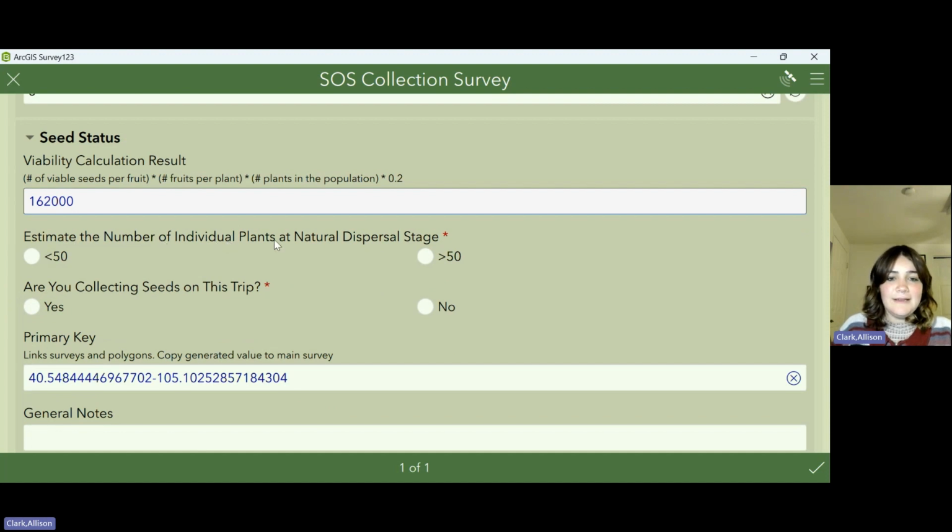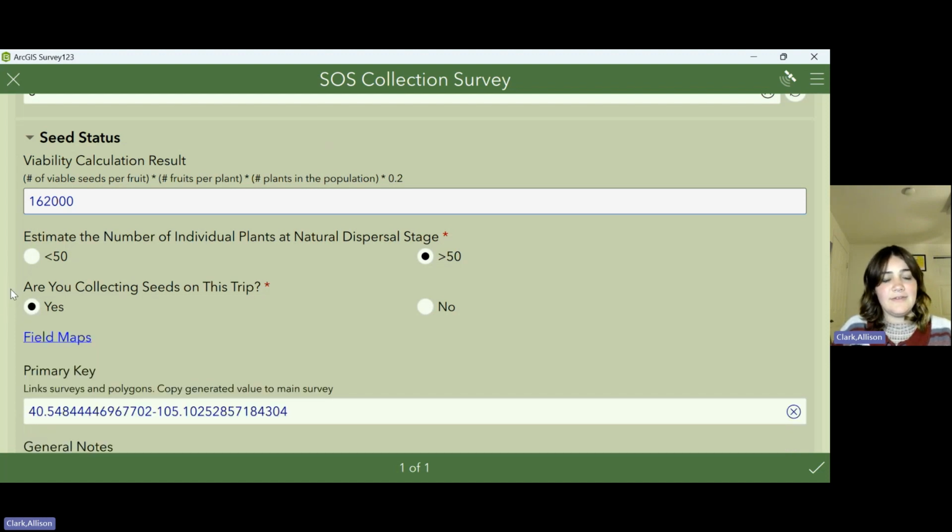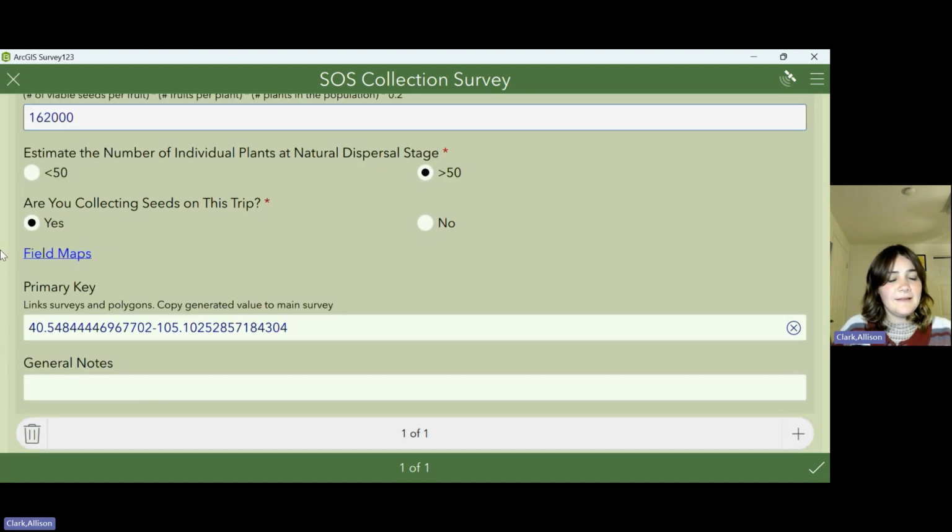And again, because we're saying this population is immature, we're going to say that there were less than 50 plants at the time of scouting, and that we are not collecting seeds on this trip. However, if the population was at natural dispersal stage, you'll want to hit over 50 and yes to the collecting seeds on this trip. You'll notice that a link to field maps pops up. Go ahead and click that, and then you'll want to follow the steps on the field maps and polygon creation